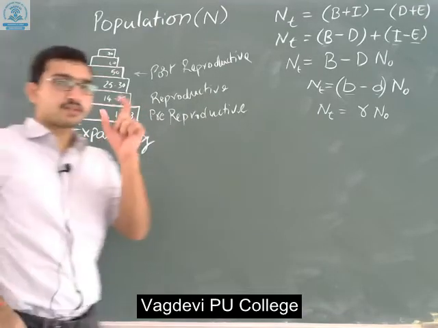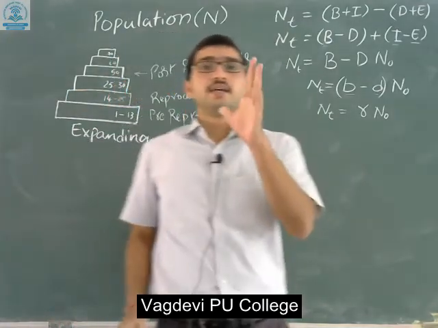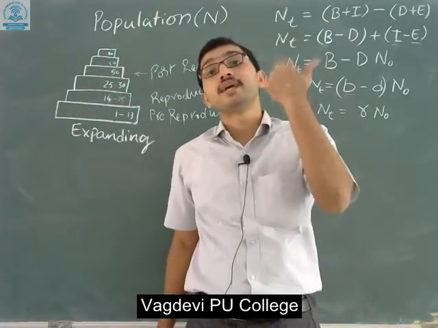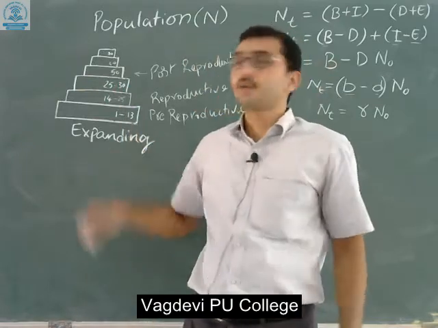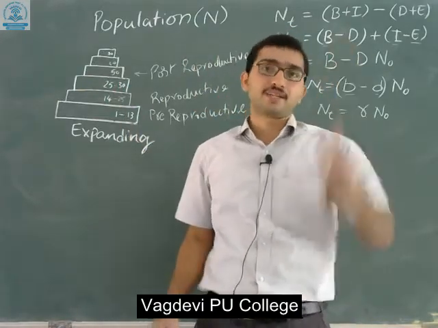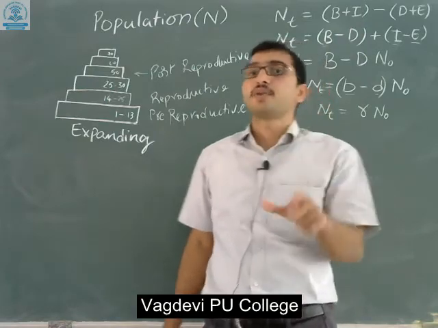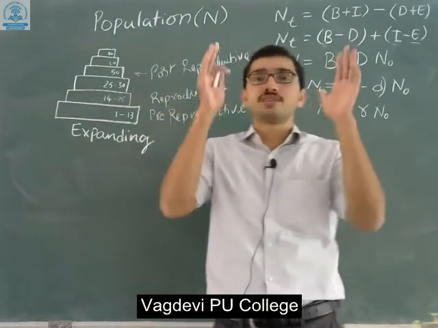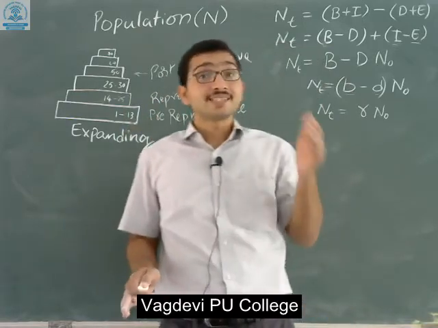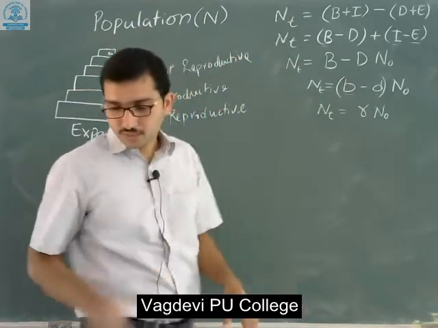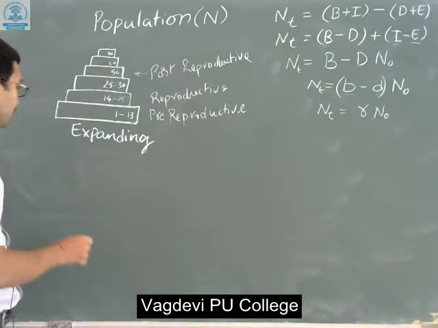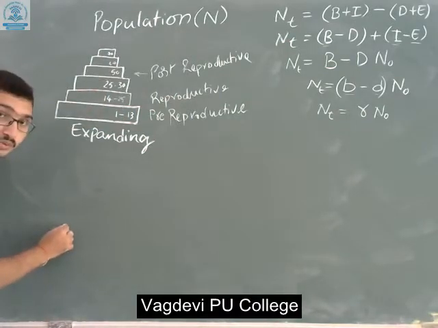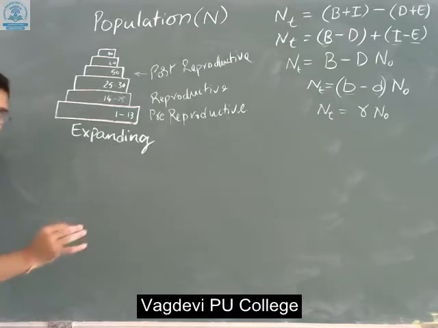This means one thing that is clear: any population that has a larger number of young individuals will always be expanding. Any population that has fewer young individuals is considered declining. Let me show the second diagram, where I am going to show you what a stable population looks like.